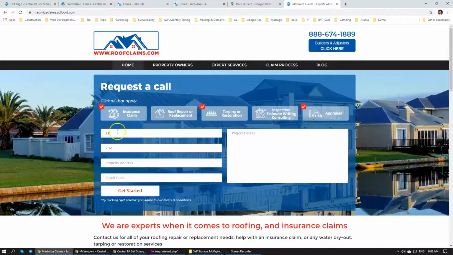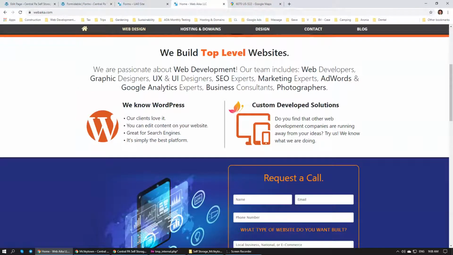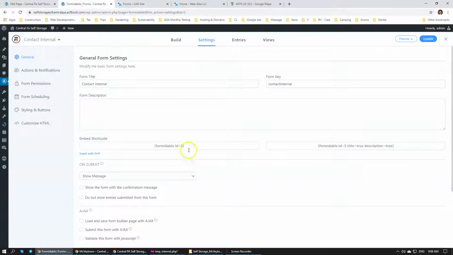As you can see, I still need to work on it because the full name needs to be white. So it allows us to really push the limits of form building. It's very flexible, and that's what I like. I like to be able to modify things myself to any degree that I want. So I'm going to grab the short code,